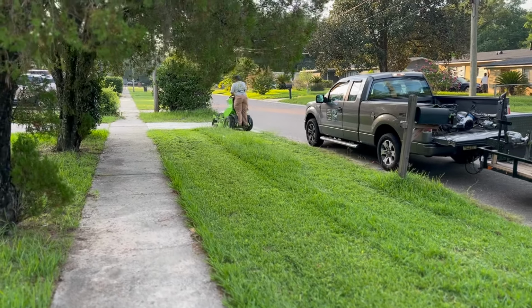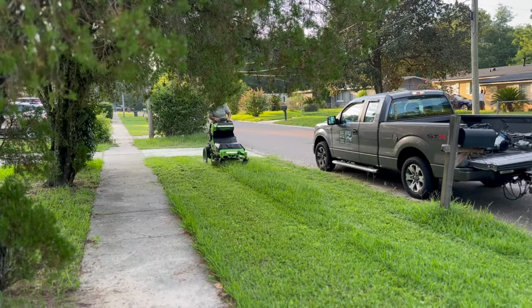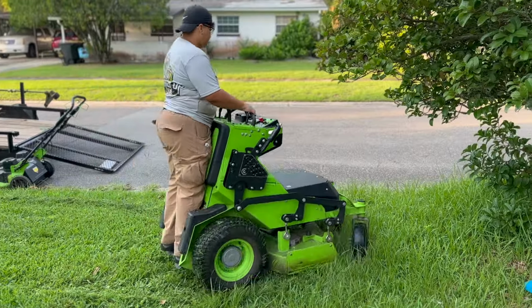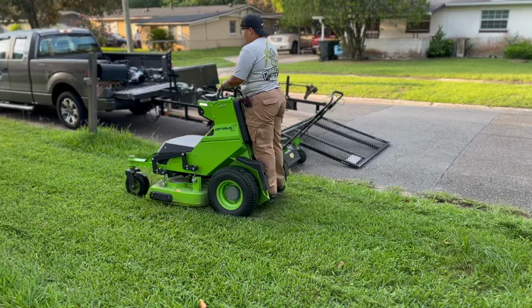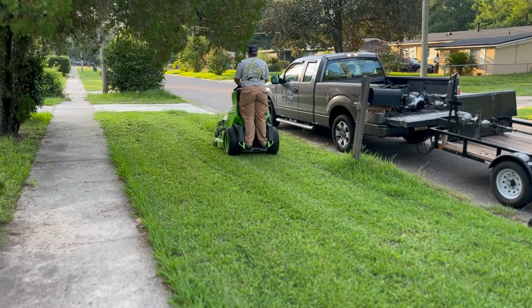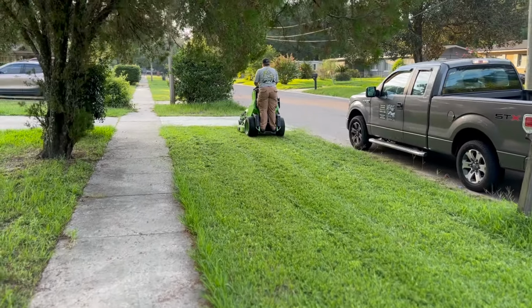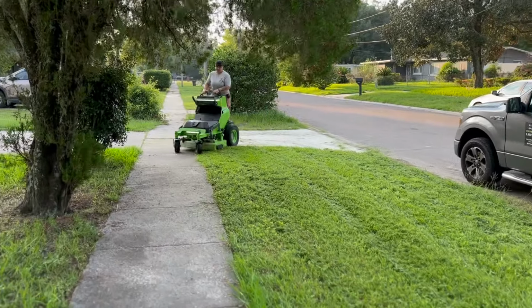It's not bogging down. You can hear it right now as she's going through it. Here's another pass through. Phenomenal job. It's super easy to use as well. Right now she's cutting on eco mode, to where that's the speed that you're currently seeing here. And we started today with 100% battery, and at the end of this video we'll show you exactly what percentage